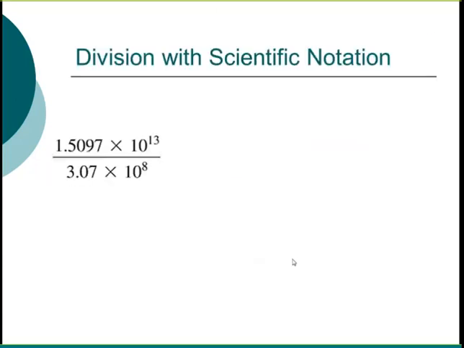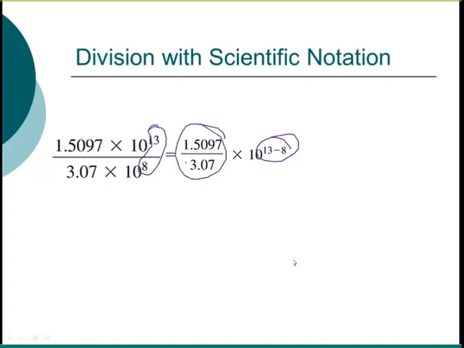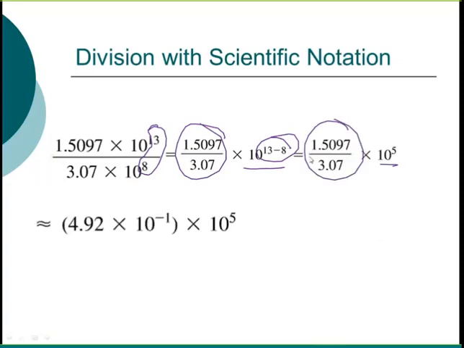We also need to do division and multiplication with scientific notation. So what we want to do here is look at when I have something in scientific notation, we're dividing by something else in scientific notation, the math comes out really nice. What we need to do is divide the decimal part on its own, and actually divide the tens on its own. This can be done on our calculator, and then the rules for exponents say that we can take the 13 and the 8 and just subtract them. That's how we deal with our exponent rules. So we do this on our calculator, we do this using our exponent rules, and that's going to give us 10 to the 5th. And then we just have to finish by doing that on our calculator,